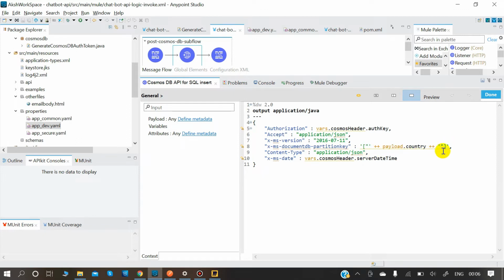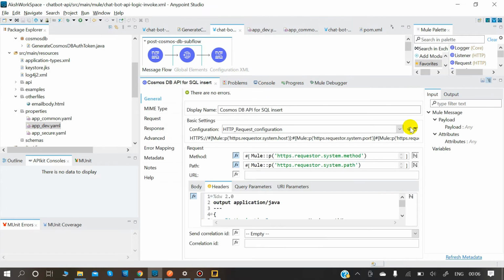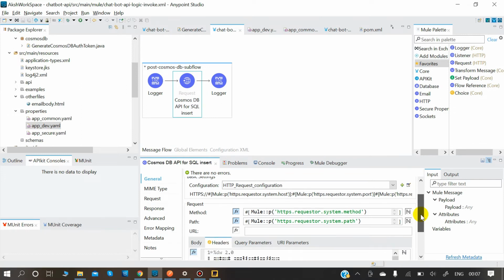So in this way, we need to form a structure in headers and send our payload. In x-ms-date, we can see that vars.cosmosHeader.serverDatetime is being pulled. This is how you all can configure your details.